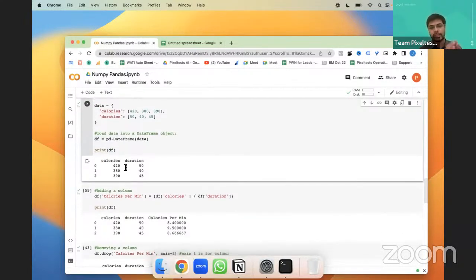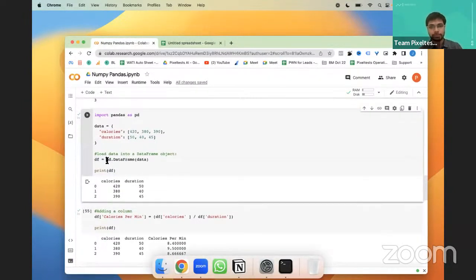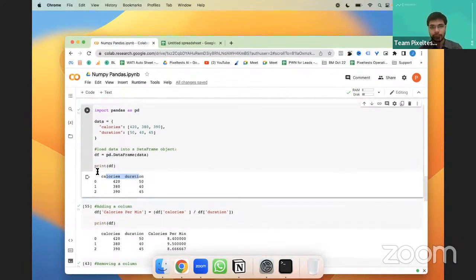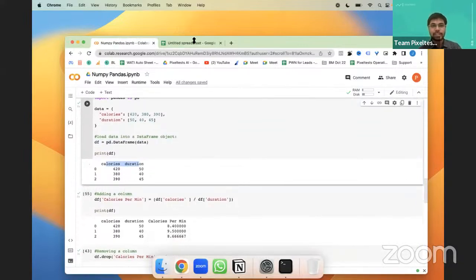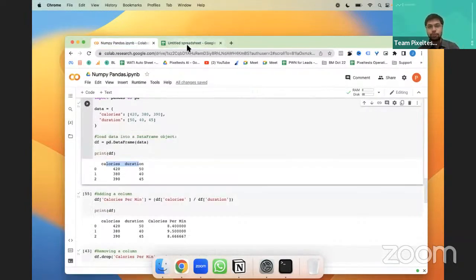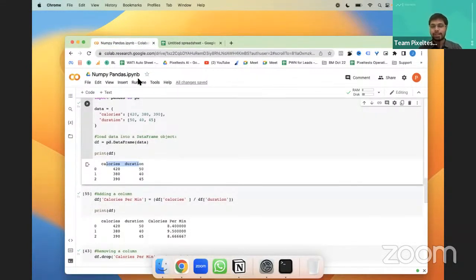Now you can see that in NumPy arrays it was tough to work and visualize this in a table format, but in pandas it became a little easier because the look and feel is more like a table, and you have a column heading, and you also have the index of that particular row, right? So this is a data frame which very much looks like your table, right? How many of you agree that the pandas data frame looks very similar to a table? Type A in the chat box.